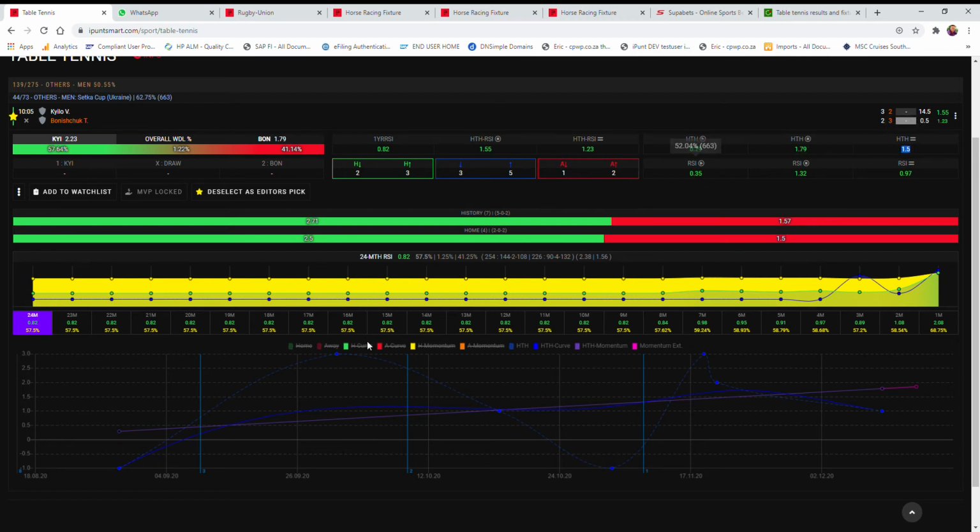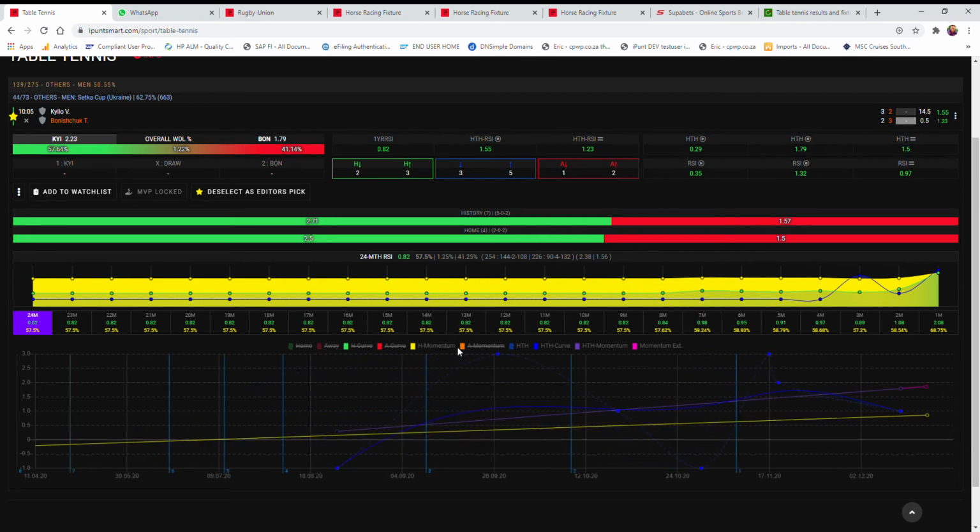And the relative strength index would put in the difference between the home and the away momentum, which in this case you can see is minus 0.2 for the home and minus 0.55 for away, which is a positive 0.35, and it ends here on a 0.85 for home and a minus 0.46 for away, which is a positive 1.32, which means the home team on the RSI has improved from 24 months ago of 0.35 to most recently 1.32, an improvement of